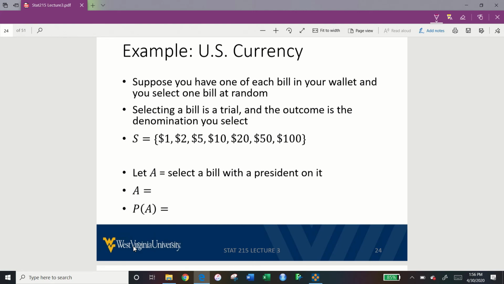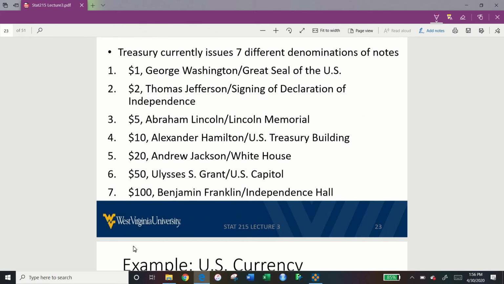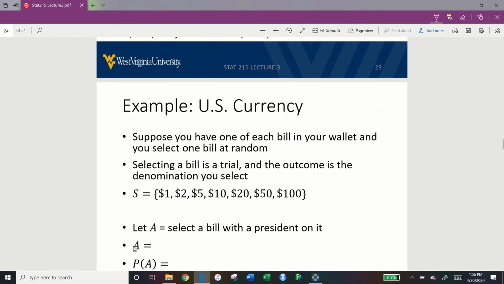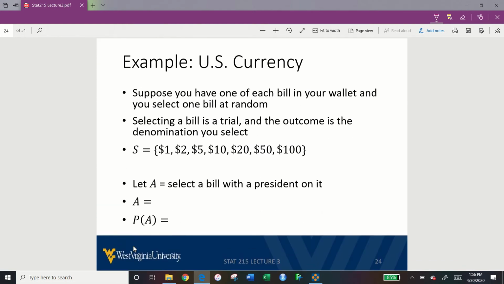Our event A, let us select a bill with a president on it. Well, if we scroll up, George Washington was a president, Thomas Jefferson was a president, Abraham Lincoln was, Alexander Hamilton was not a president, Andrew Jackson was a president, Ulysses S. Grant was a president, Benjamin Franklin was not a president. So our event A is going to be